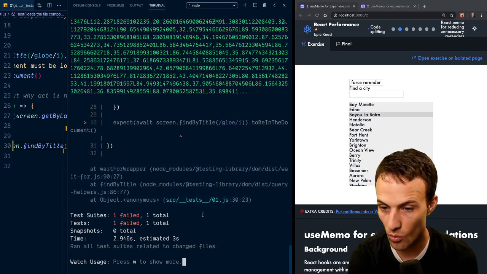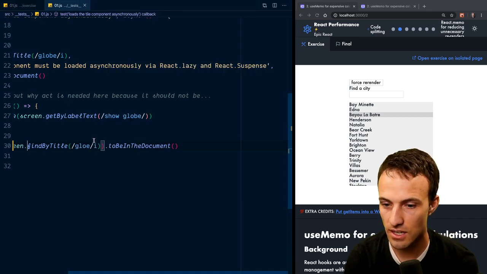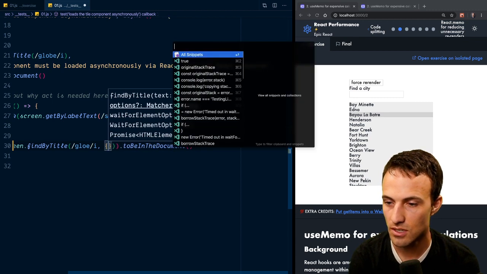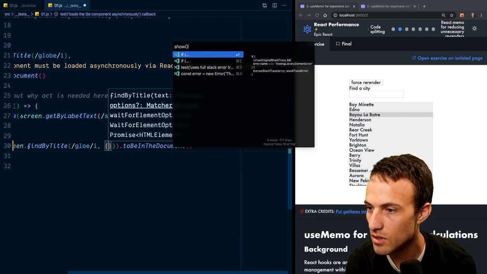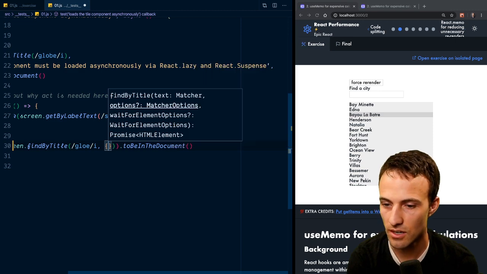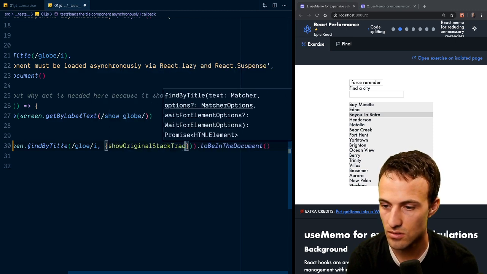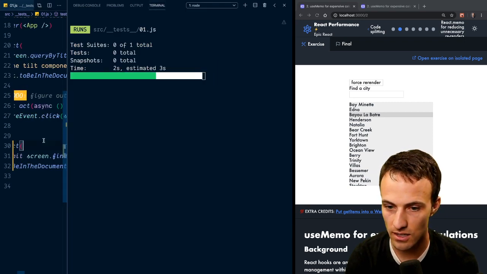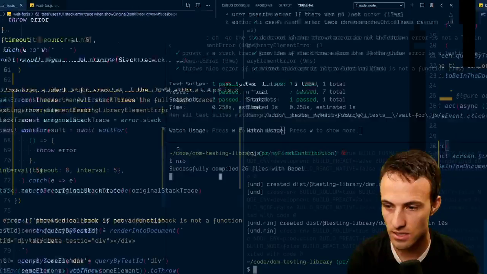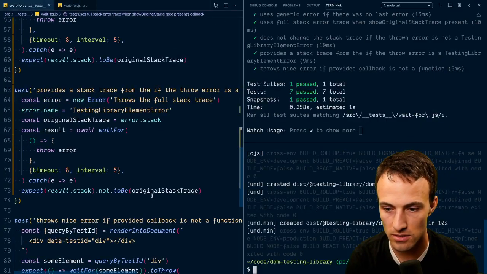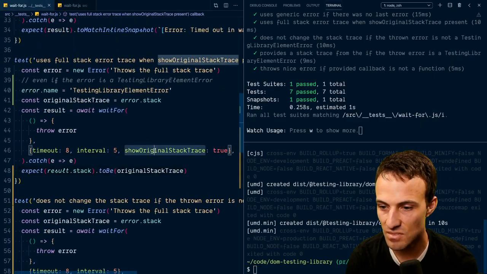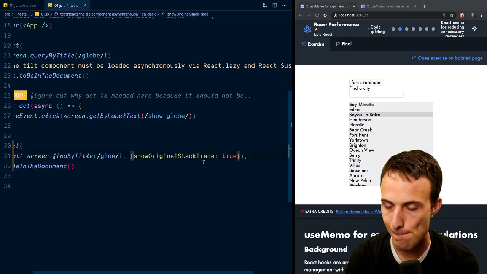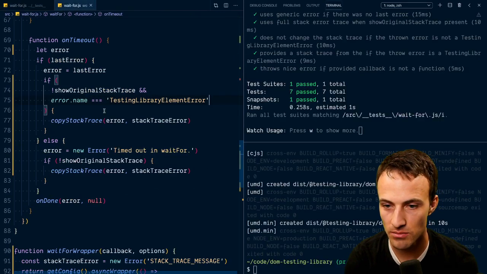And then if I don't want to have that terse stack trace, then I can come in here and say show, what is it? Original trace true. Save that. And I'll get the full ugly stack trace. Well, maybe I need to spell it right. Did I? Original stack trace. Huh. Well. Yeah. Okay, so I need to make it so that